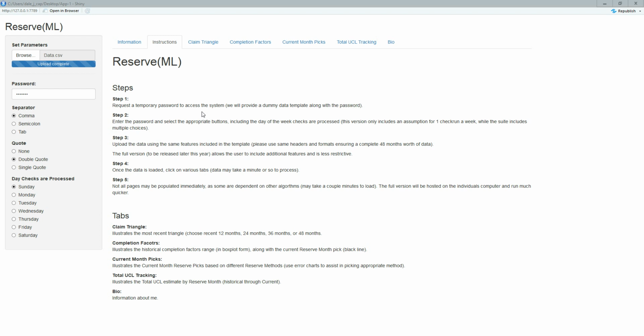In short, the purpose of this model is to illustrate how using methods beyond traditional actuarial methods can really enhance your reserves. What the model does is it splits up the imported data and it takes into account changes in enrollment, the number of Mondays, the number of Tuesdays, the number of work days, how many check runs have been processed, a lot of features and details that aren't captured in the claims triangle appropriately, and leverages off the predictive power of machine learning. So here we have a tab for basically to set up the model and what the